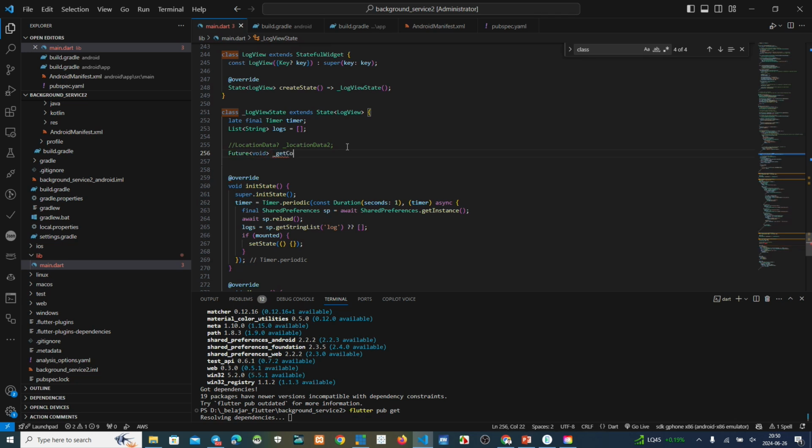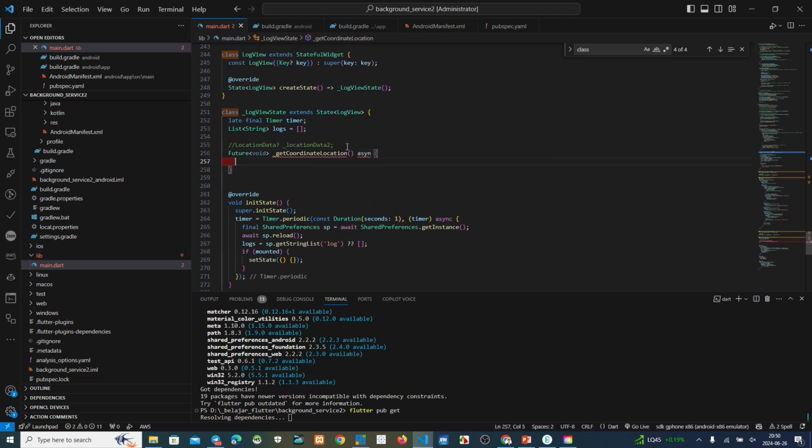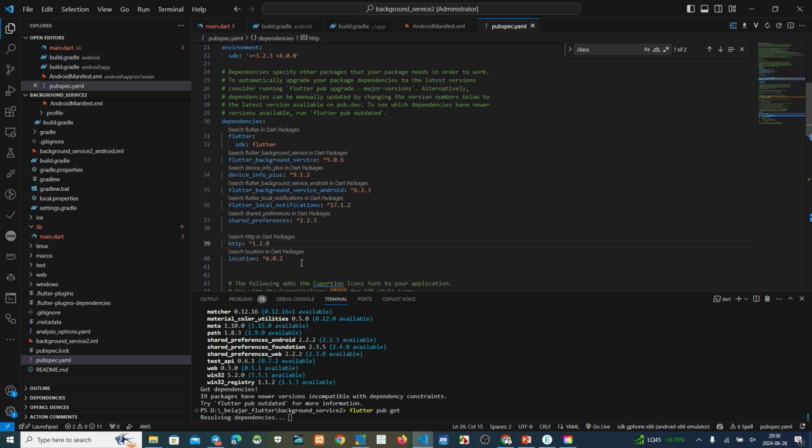Get coordinate location. Async. Where is the location? Moment please. Location. We have already this one.